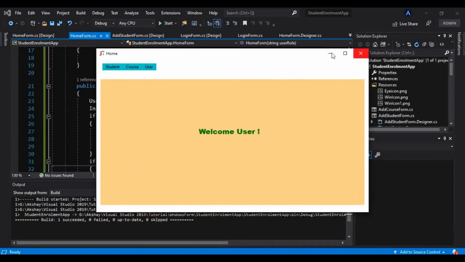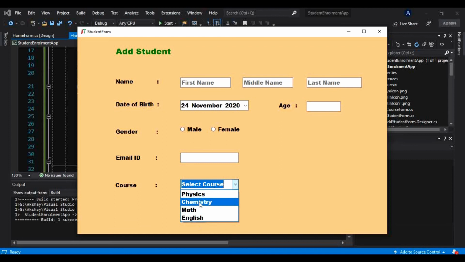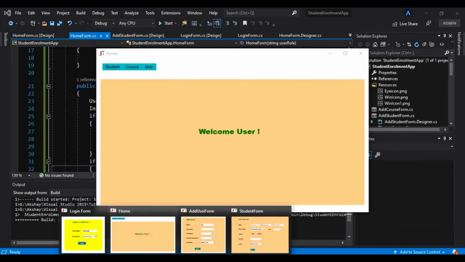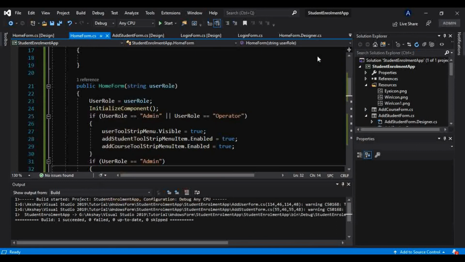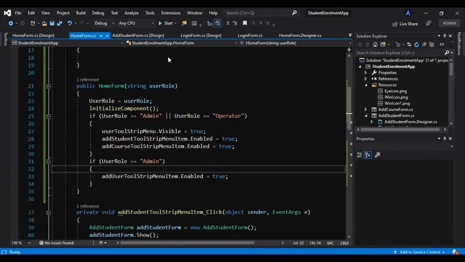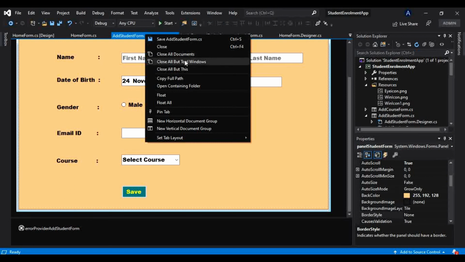Now what we want: if I go to the students, to this add students, these courses I want to be fetched from the database directly, and I don't want to provide them manually. So for that, let me just close this. In this student form, let me close all the tabs except this.